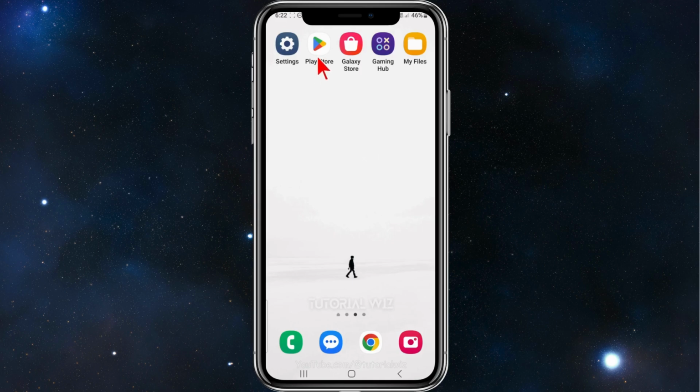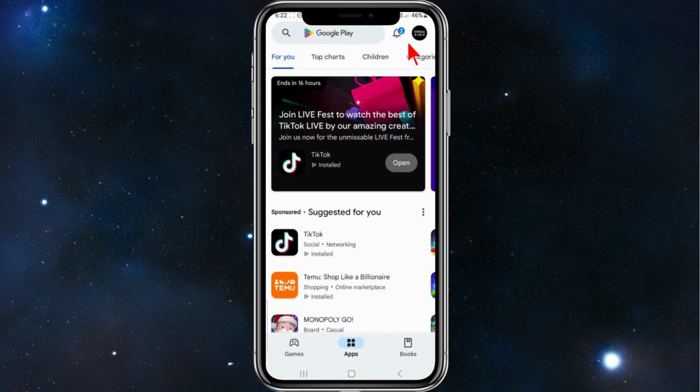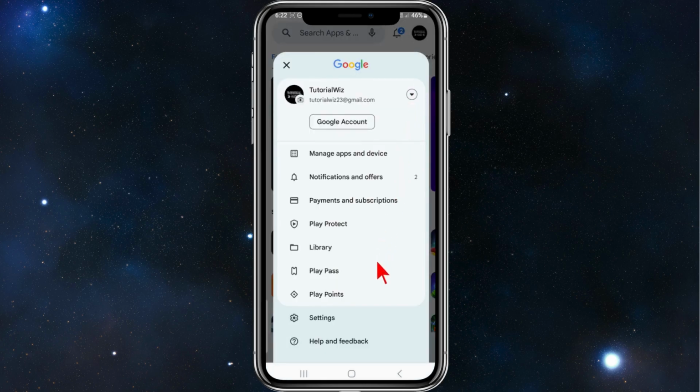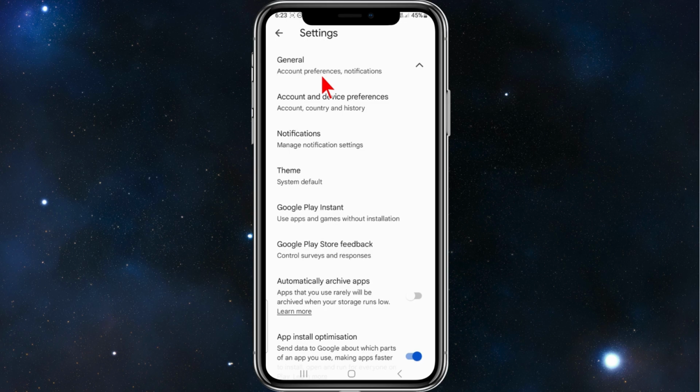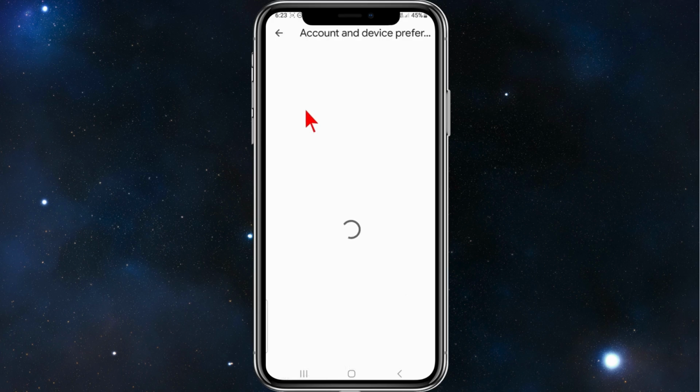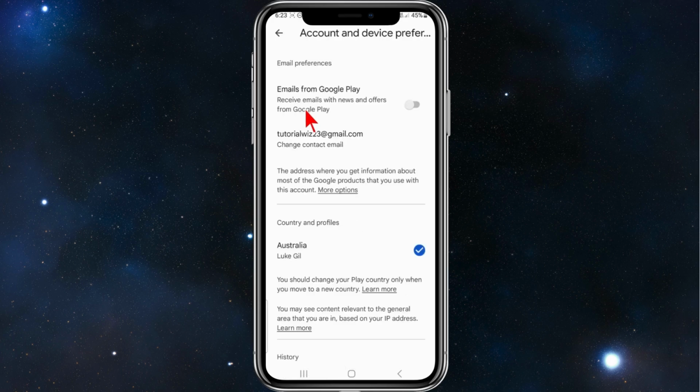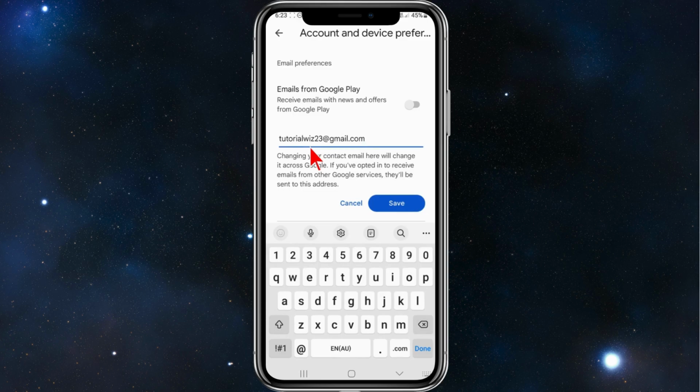Alright, now head over to your Play Store and then click into your profile, and then you want to click into settings and then select general, and then in the second option select account and device preferences. Wait for this to load, and where it says your current email address, click on change contact email, and it's